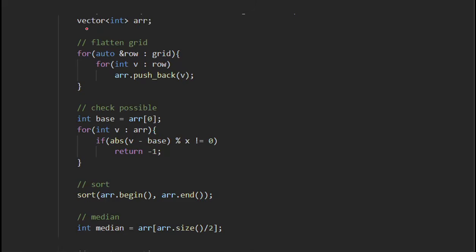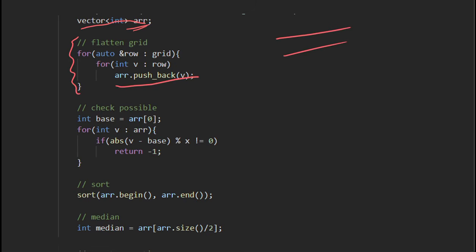So let's move to the code part. First of all, we have taken a vector of type integer named array, and then we have flattened the grid and stored all the values in the array.